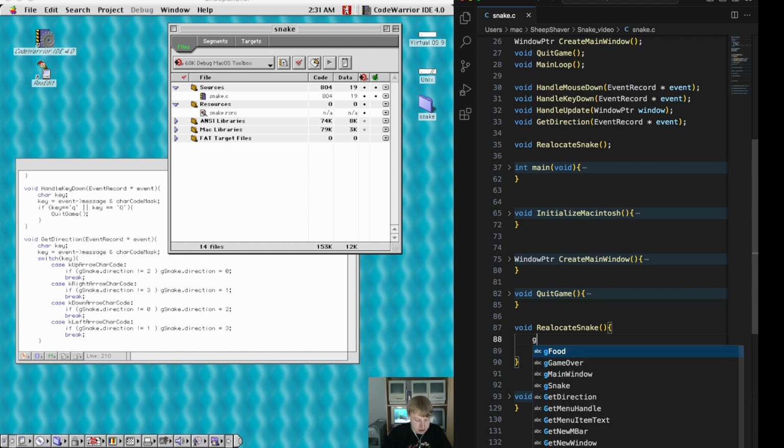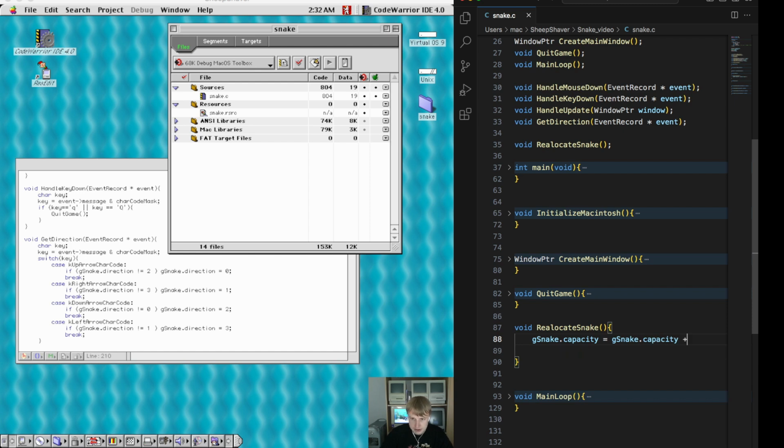So gSnake capacity is gSnake capacity plus 10. I guess it's good to change the snake's length every 10 foods it eats,